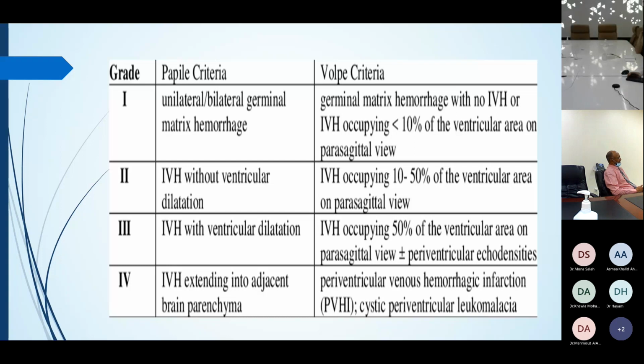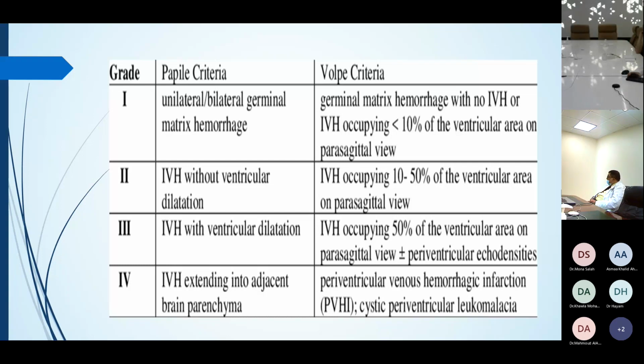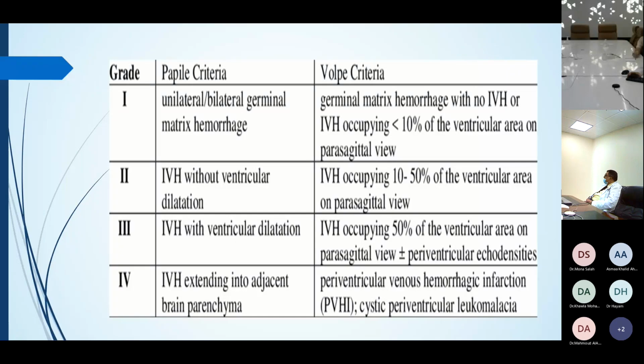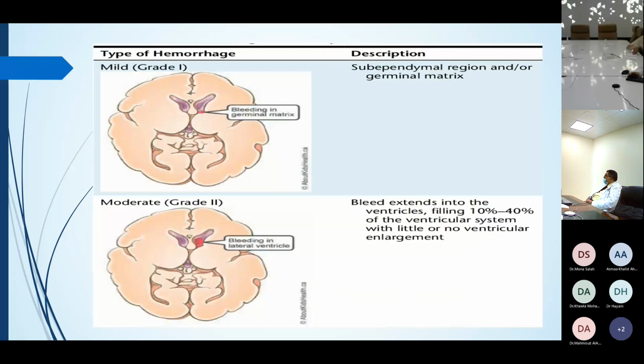Grade 3 occupying 50% and plus minus periventricular echo densities. Grade 4, periventricular venous hemorrhagic infarction, cystic periventricular leukomalacia. Here, almost the same, their explanation for the